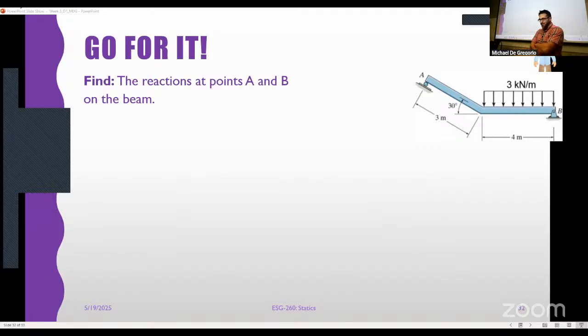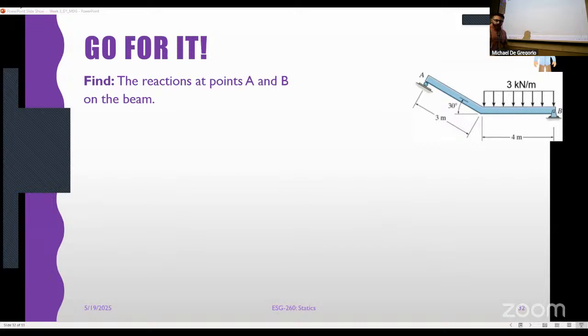All right. So what do we got going on here, right? You look at this beam, and we want to find the reactions at A and B. Okay. First thing, what kind of connection do we have at point A? Roller. Excellent. What do we have at point B? Pin. Okay. And notice we have that beautiful distributed loading on the right half of our beam. It's so great. People love distributed loads. They're the best, right?